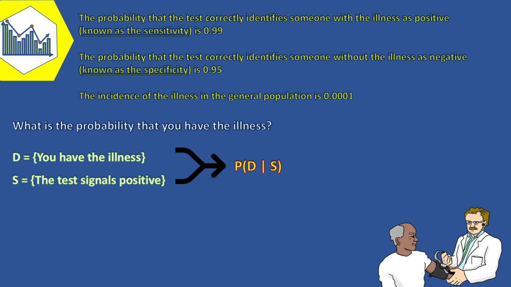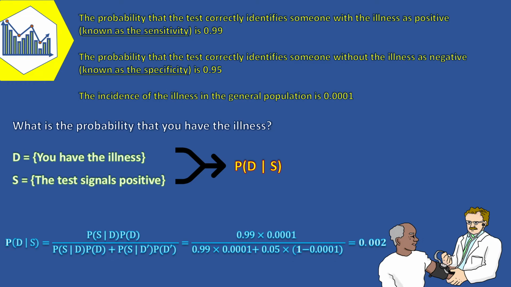So, from the Bayes theorem, we have the probability of D given S equals the probability of S given D times the probability of D over the probability of S given D times the probability of D plus the probability of S given D prime times the probability of D prime, that is equal to 1 over 506